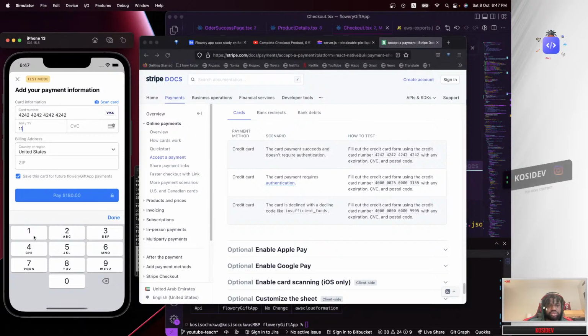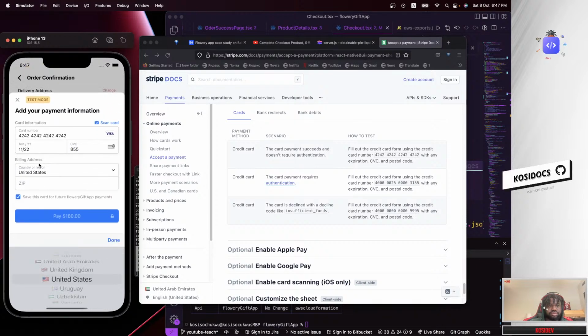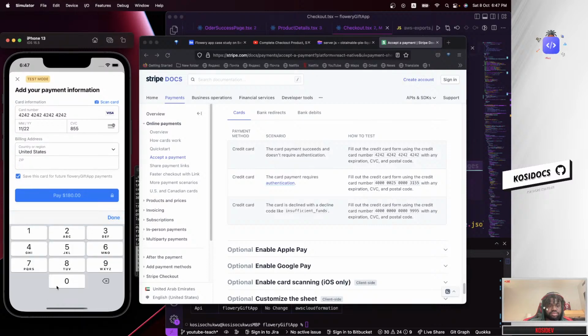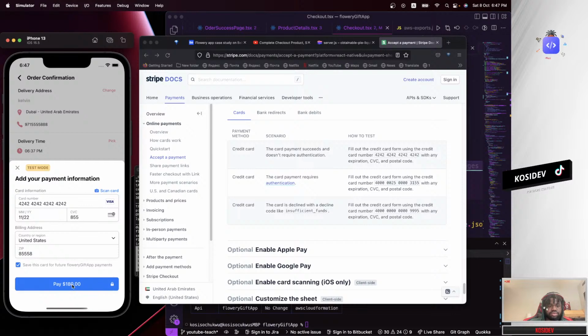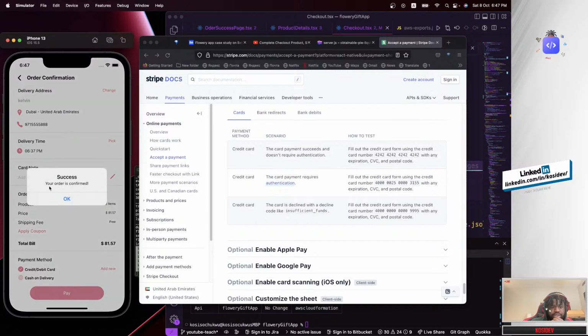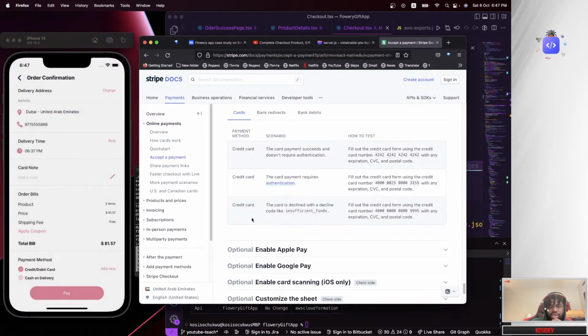And the month, we need to select that. Today. I can also see your order is being confirmed. Okay, and you can still check that on our own Stripe accounts.